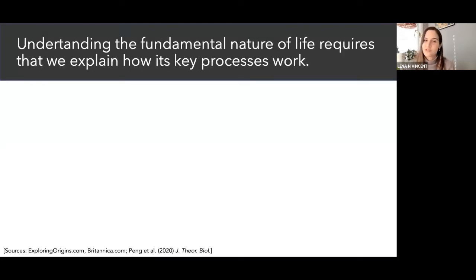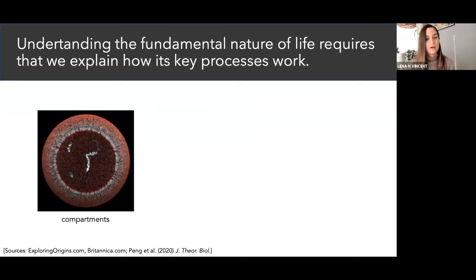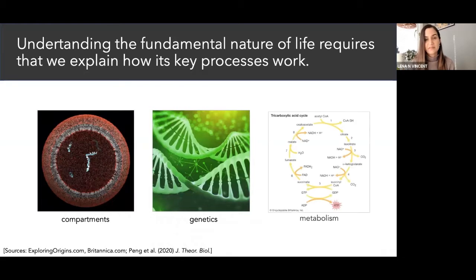So I'm going to start with an assertion that I think most people will agree with, and that's that the ability to self-propagate and generate complexity through adaptive evolution are two essential features of life. And really, to be useful to agnostic biosignatures research, we have to try to explain if and how these processes can emerge independently of their biochemical constituents, including things like compartments, polymer-based genetics, and even specific metabolic pathways.